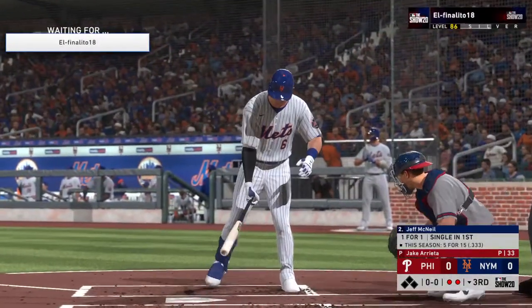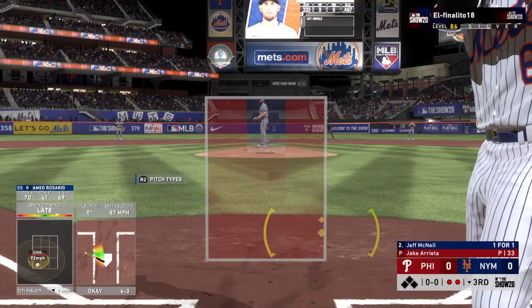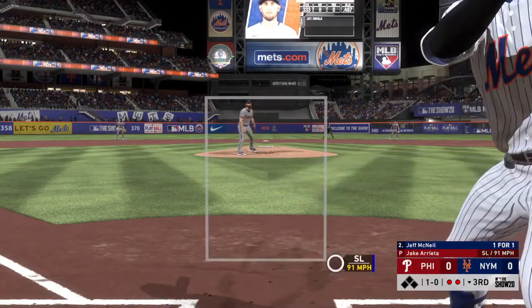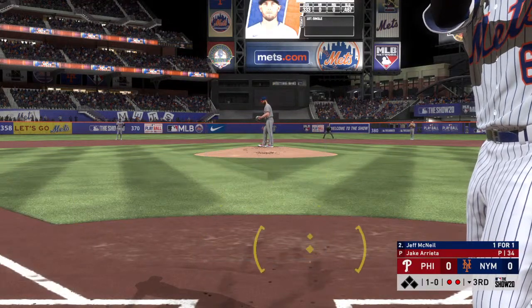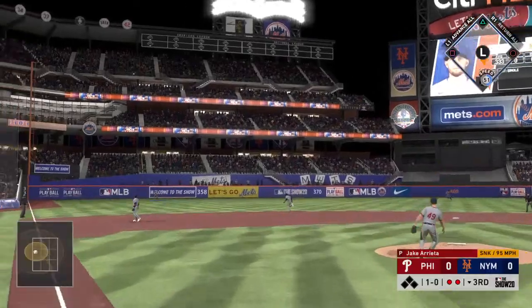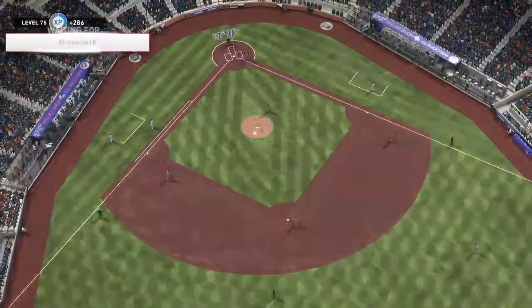So bases are empty here with 2 gone, and that'll bring in Jeff McNeil. Arrieta gets the sign. Here comes the first pitch. Now a check swing, but he holds up in time. Ball 1. 2 outs, nobody on, but a base runner here feels like it would really change the complexion of the inning. Big spot right here, middle of the... Well, the left fielder's on it, and that...